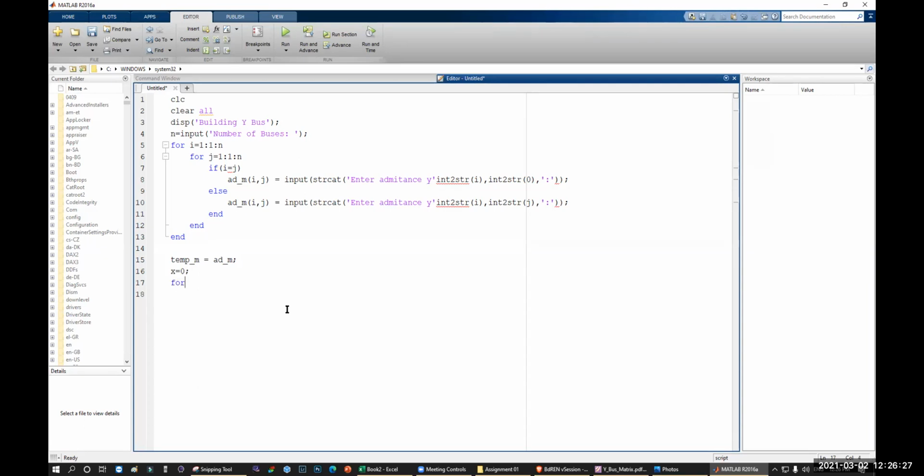Then we will take another for loop. Then we will take this one again. This part is for taking the inputs. This part is for adding them. Okay? For mutual and the self. Again, if I is equal to 0,